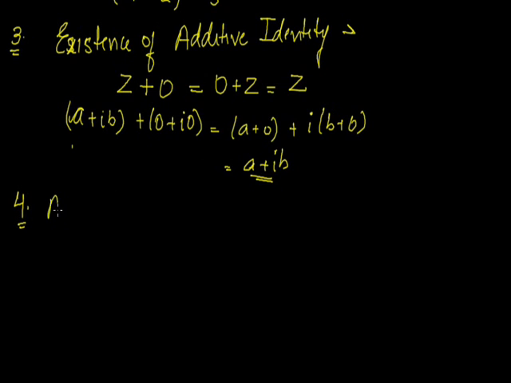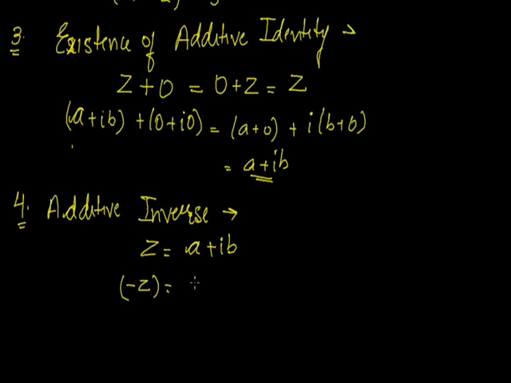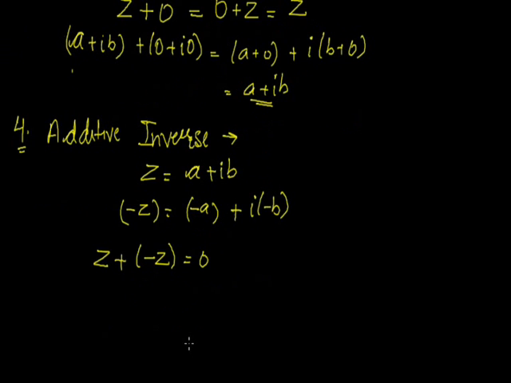Next we will read about additive inverse. We read about additive identity, so additive identity is always 0. Now we will read about additive inverse. So if z is any complex number, that is a plus iota b, then the additive inverse is minus of z, that will be equal to minus of a plus iota minus of b. So z plus negative z is always equal to 0. So we can say that the inverse of z is minus of z. So we will write the negative of the real part and the negative of the imaginary part only.